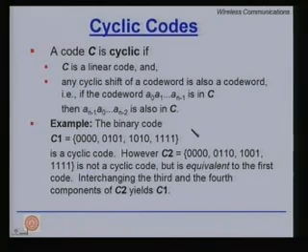Here is an example of a binary cyclic code. Here, if you can see all of the elements, if you rotate them to the left or to the right, you end up with another valid code word. Please note, this is another example of a linear block code, but here it is not a cyclic code. The two properties of a linear block code are that the all 0 code word must exist as a valid code word, and the sum of any two code words is also a valid code word. On top of that, any cyclic rotation of a code word gives you another valid code word. That makes it a cyclic code.